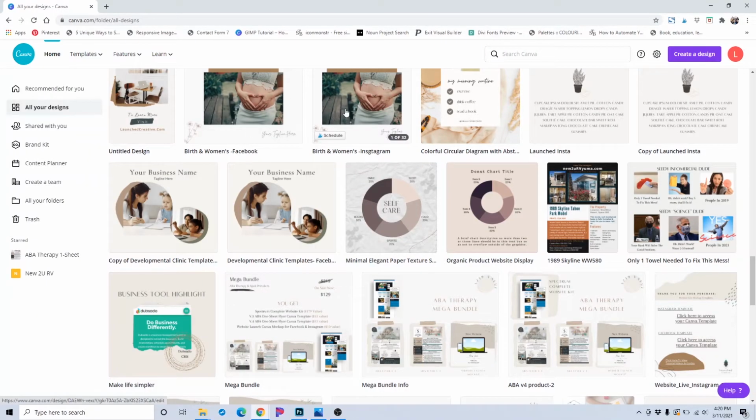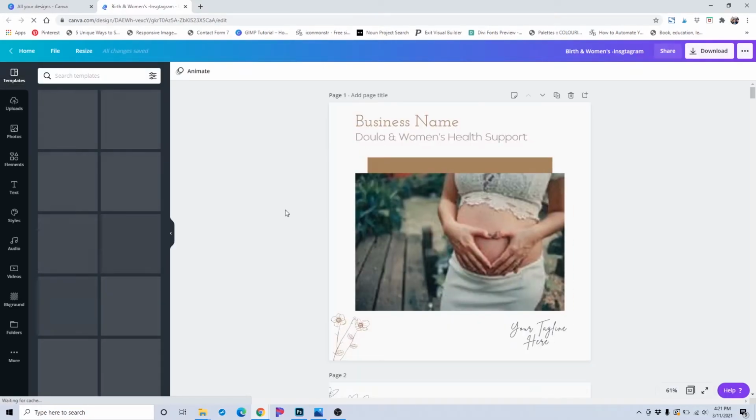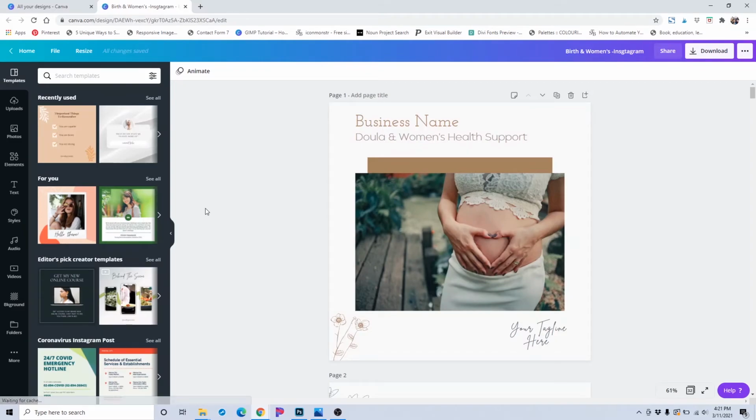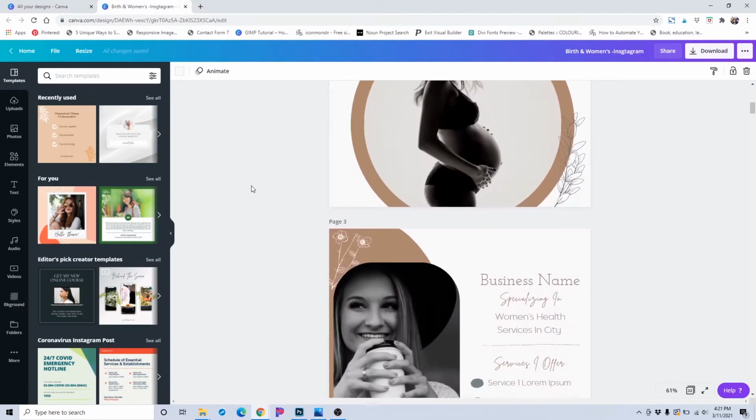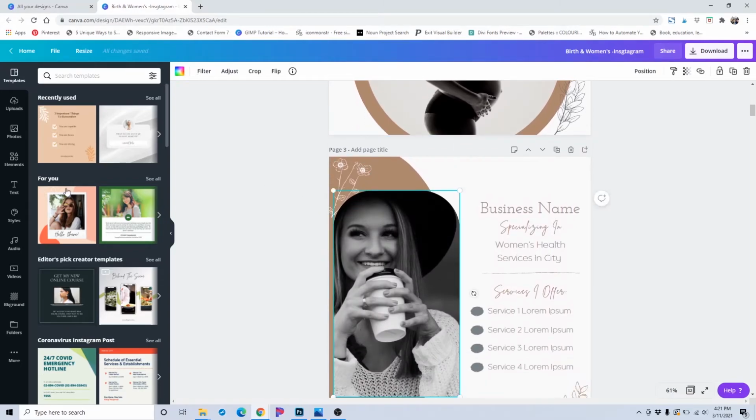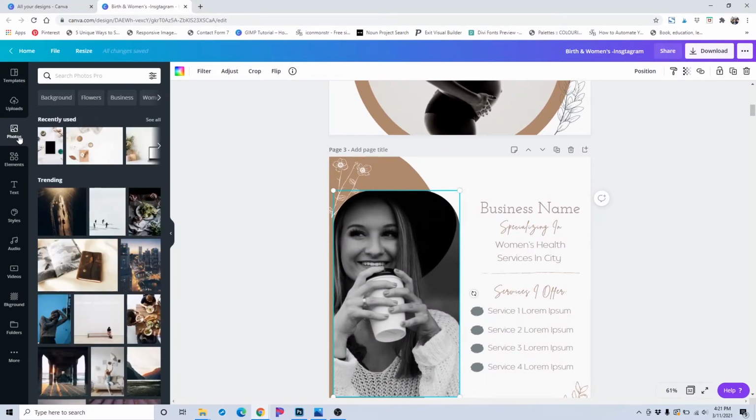You can select the template pack from your home area in Canva, and it'll bring up every single template that's included in the pack. So you can go ahead and select the post that you want to edit, and you can edit it individually, and then you can download it individually after you've edited it to your liking by clicking